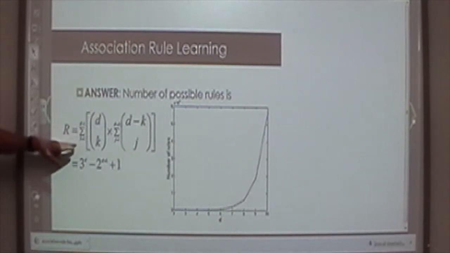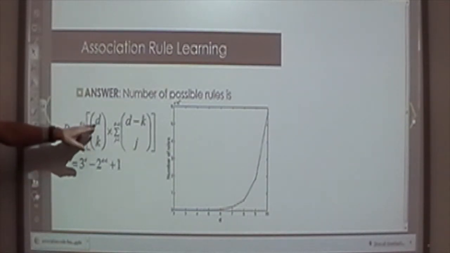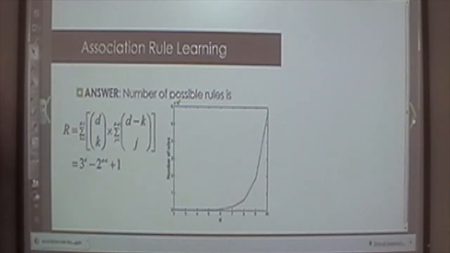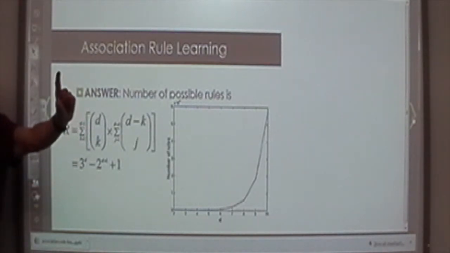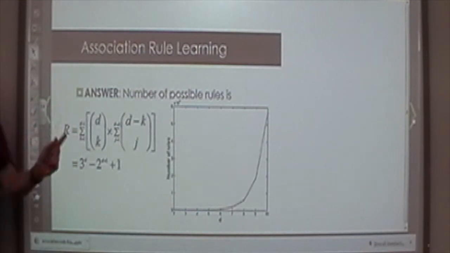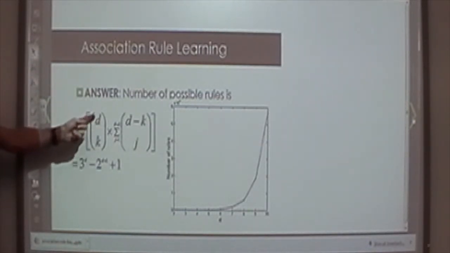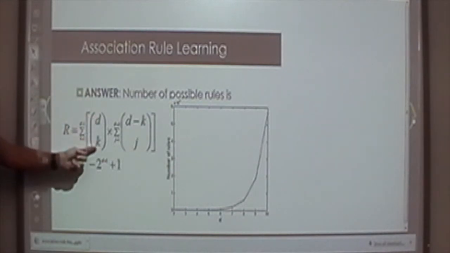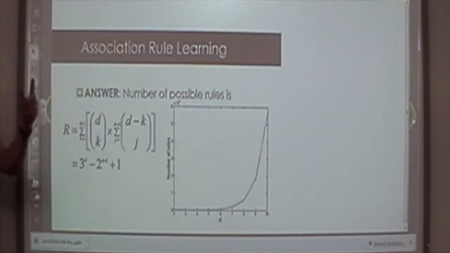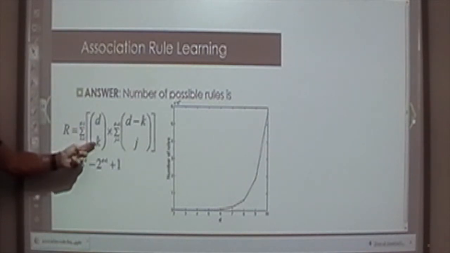You've got a summation, right? The size of your one item set, we'll call it, can go up to size d minus 1, so that your second subset has to always have at least 1 as well. So your sum goes from 1 to d minus 1. Remember, you're going from one subset into another one. So you've got the summation, the size of your item set, choose the size of your other,